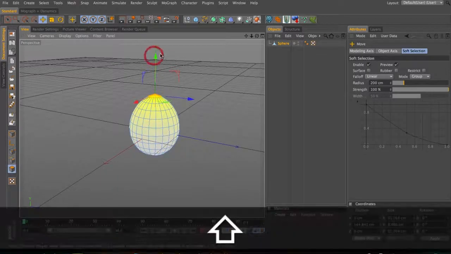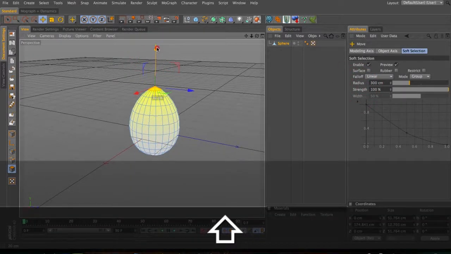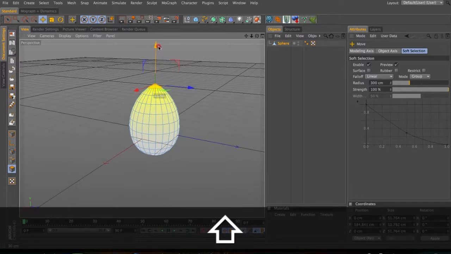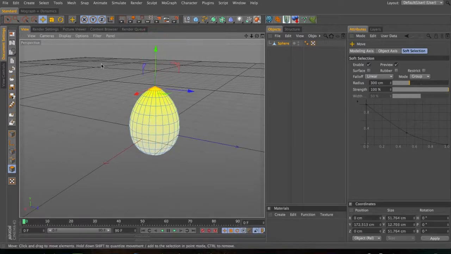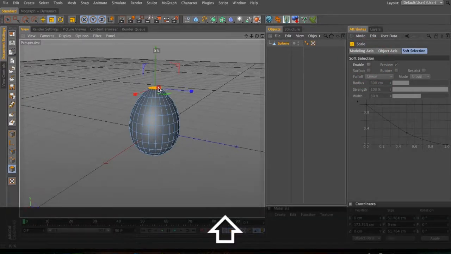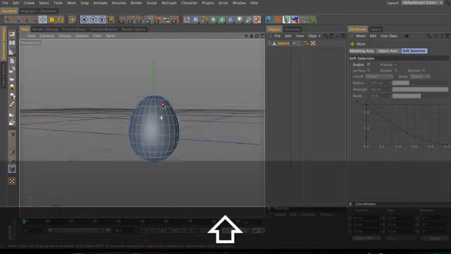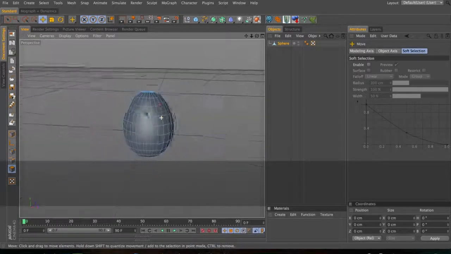Bring it up a little bit. I brought it up 50 centimeters. Set the soft selection to 800 centimeters. Bring it up maybe 30. Okay. Soft selection off, and scale it down and bring it down. So a bit of an egg shape